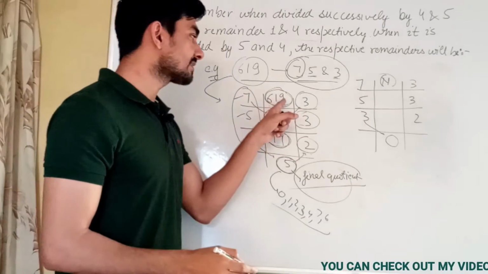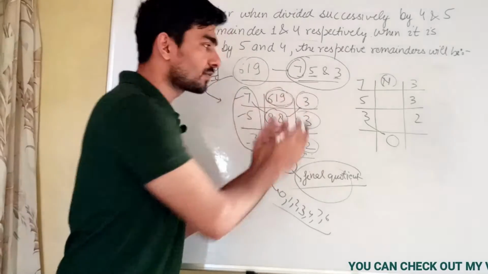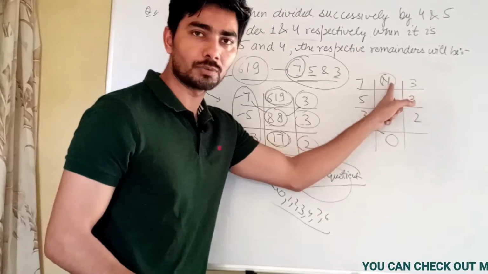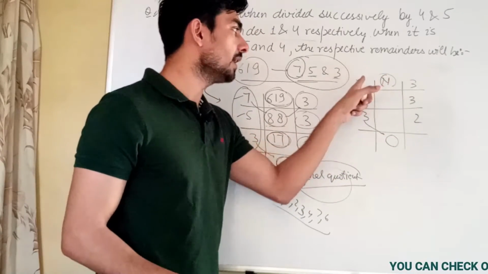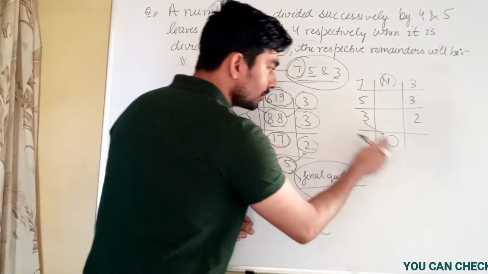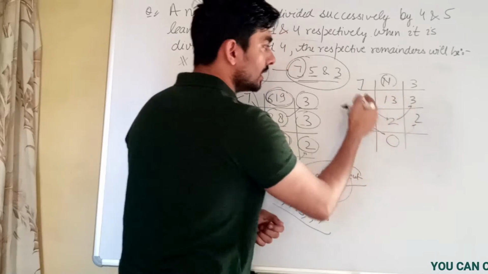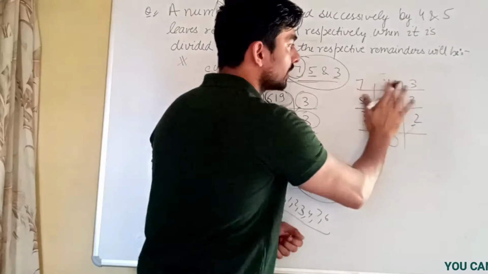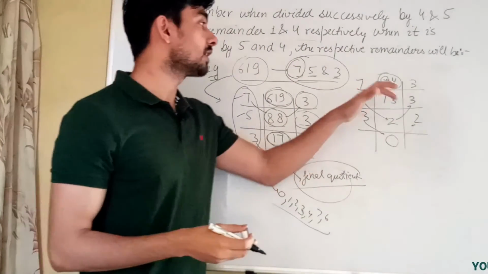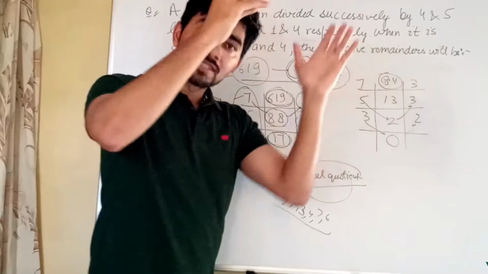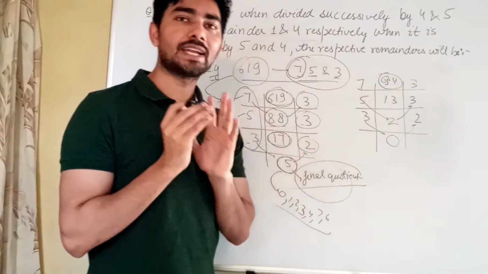So we can get this 619 by doing the reverse process also. I'll apply this reverse process to get our smallest number, which will give the same successive remainders after dividing successively by 7, 5 and 3. So 3 times 0 plus 2 is 2. 5 2s are 10, 10 plus 3 is 13. 7 13s are 91, 91 plus 3 is 94. So 94 is our smallest number which will give 3, 3, 2 as successive remainders after dividing successively by 7, 5 and 3.